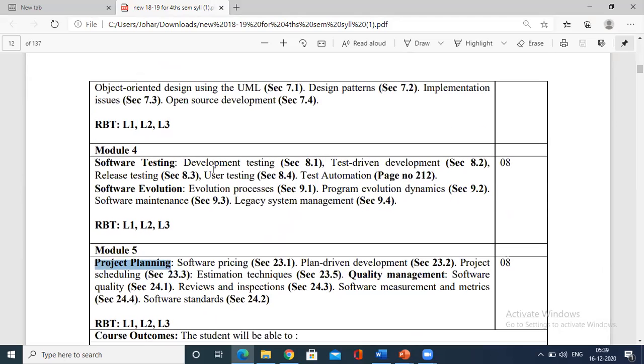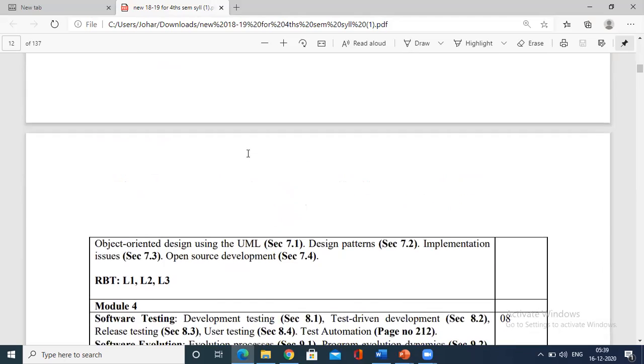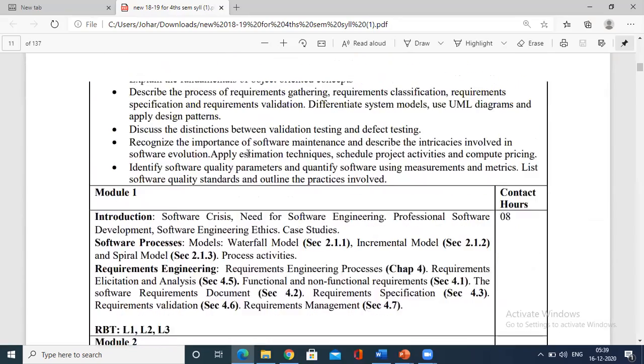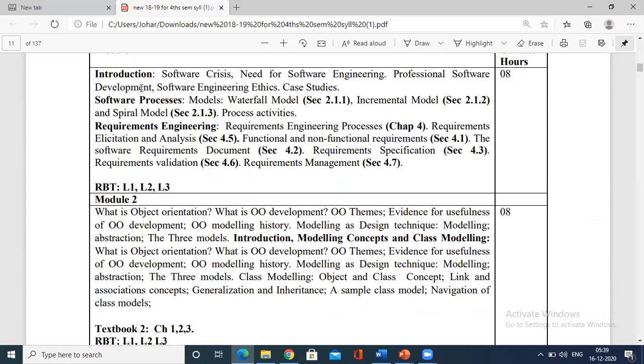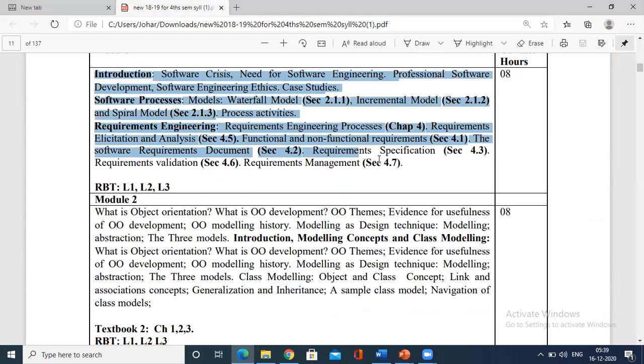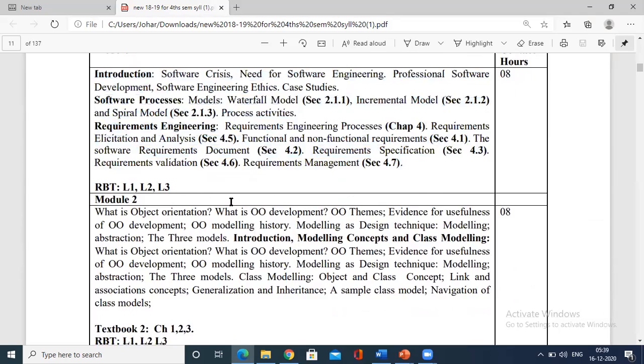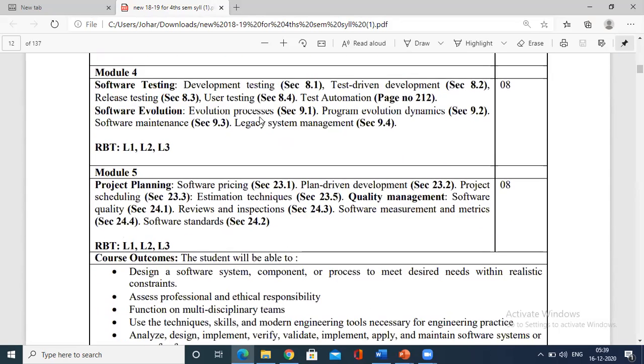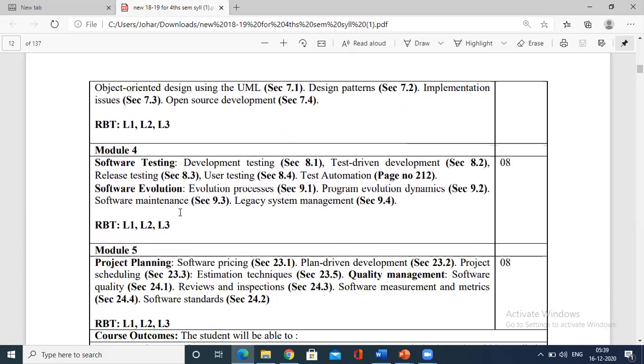Once again, I want to repeat what I had explained. You need a bit of patience to understand these concepts. As I said, module 1 is completely a part of software engineering, which is too important. Modules 2 and 3 are the concepts of UML, Unified Modeling Language. It has a relevancy with object orientation. Whereas modules 4 and 5 are too important. Modules 1, 4, 5 are totally relevant to the concepts of software engineering, right?